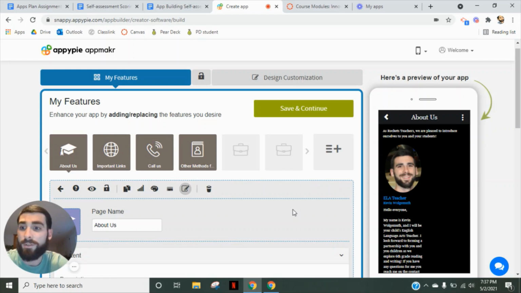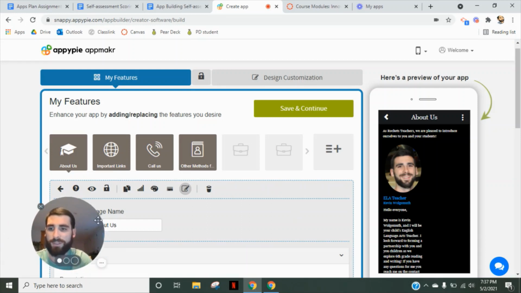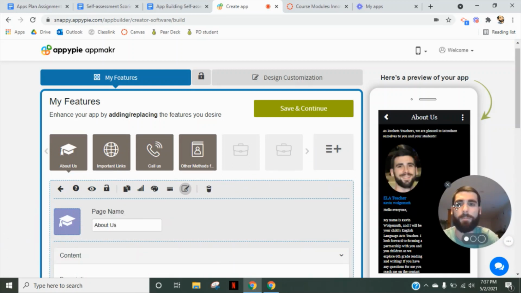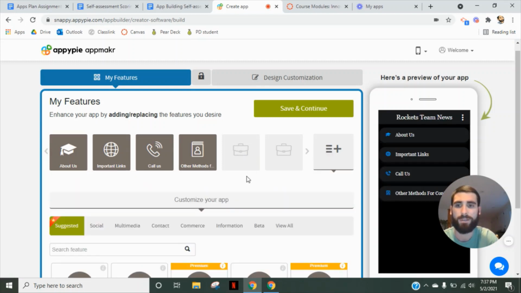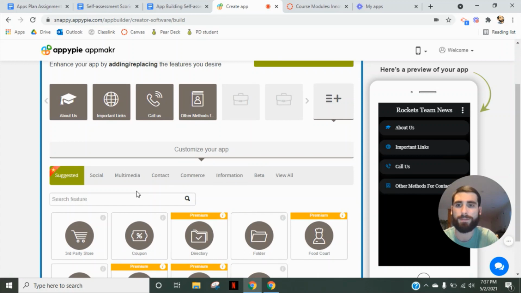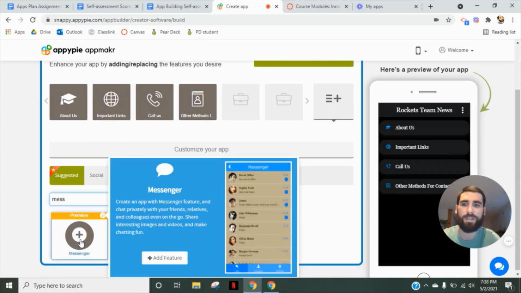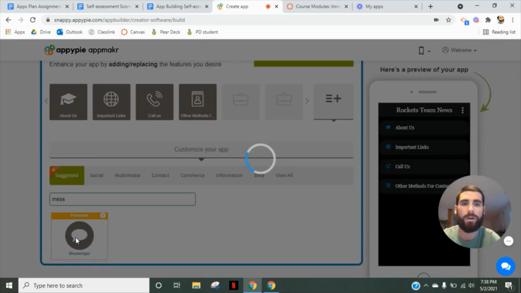And there are also a lot of limitations for the basic package too, which is what you get in your free trial. So let me just show you that too. When I started this, I envisioned my students, or their families, being able to message us through the app. If you go to add features, and go to messages, Messenger is a premium feature. So if I go to add that,